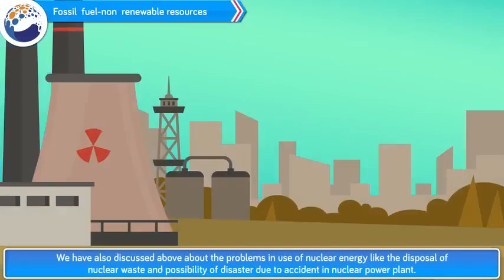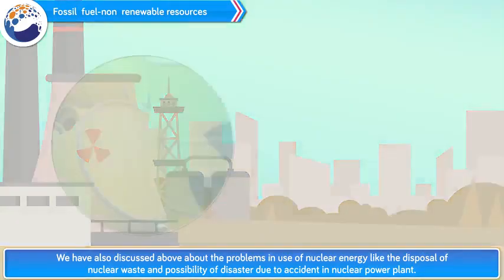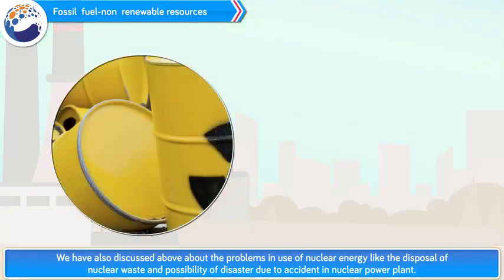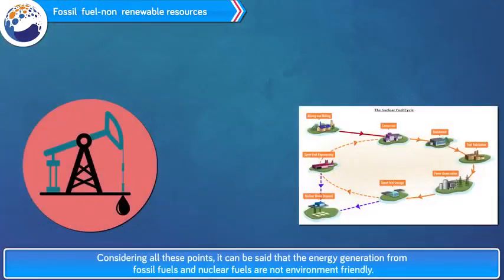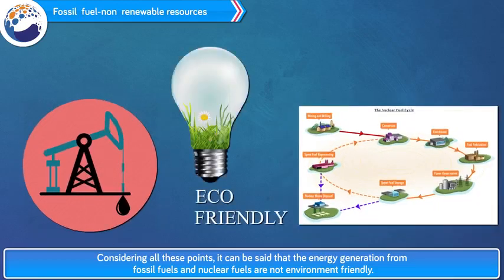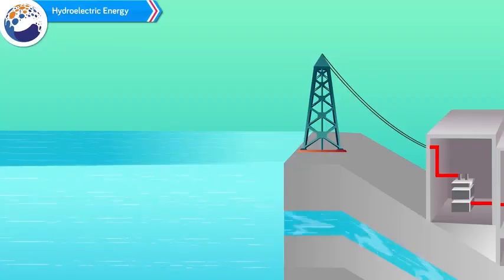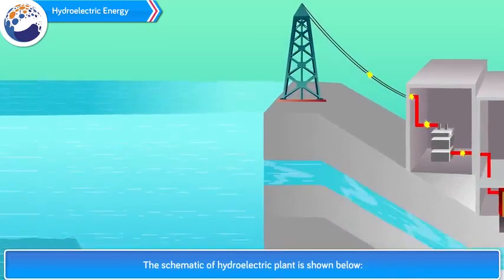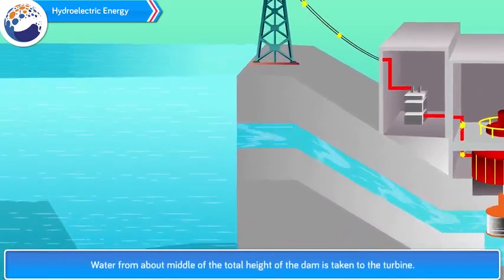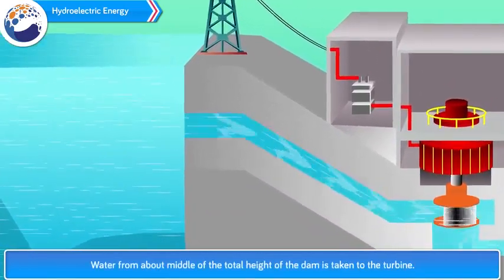Number 3. We have also discussed above the problems in the use of nuclear energy, like the disposal of nuclear waste and the possibility of disaster due to an accident in a nuclear power plant. Considering all these points, it can be said that energy generation from fossil fuels and nuclear fuels is not environment friendly. Hydroelectric energy. The schematic of a hydroelectric plant can be given as: water from about the middle of the total